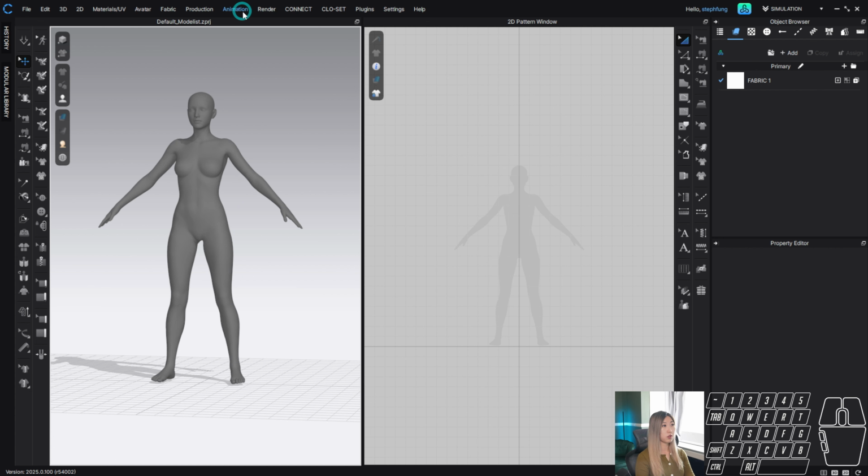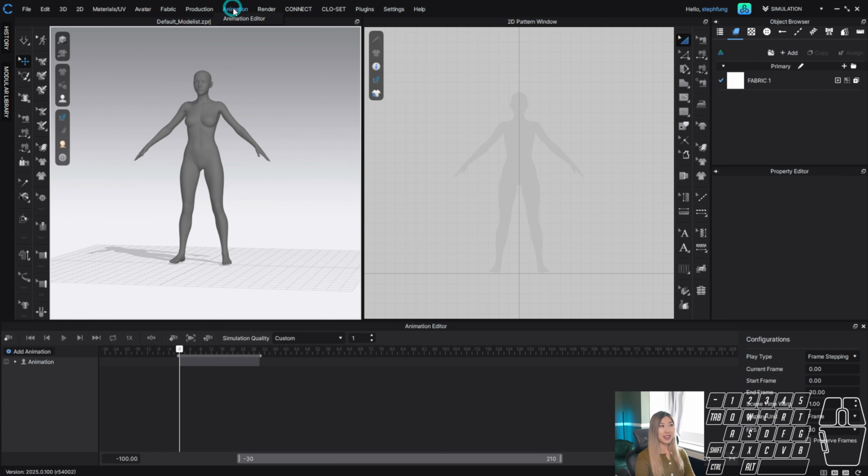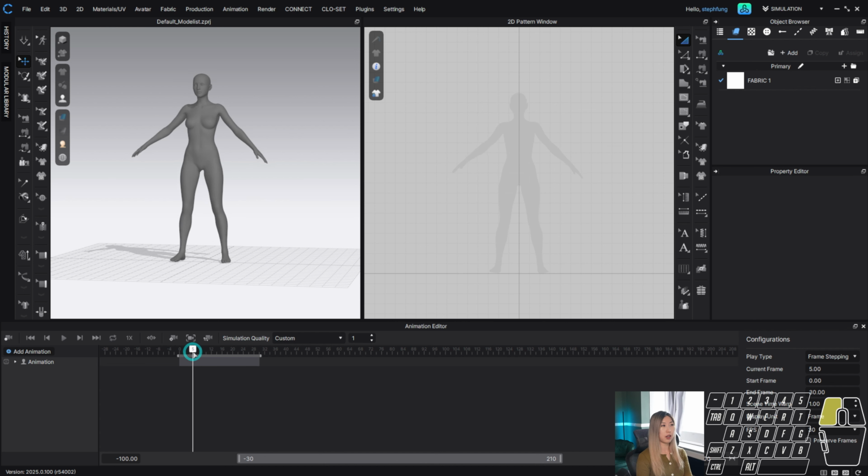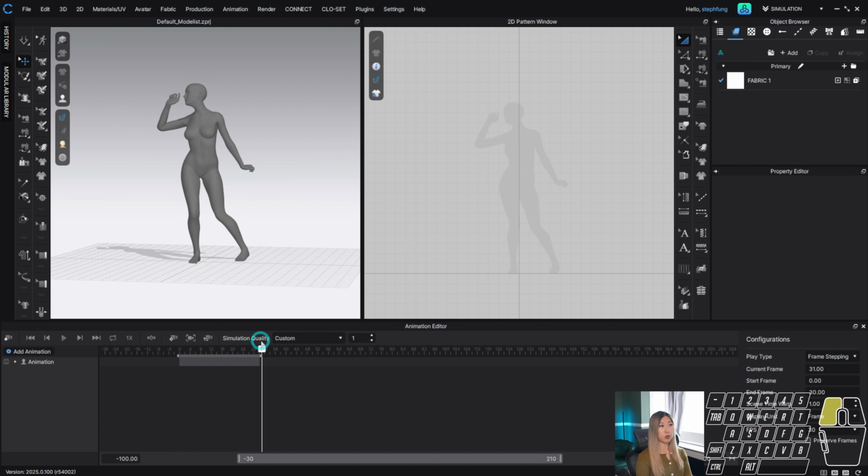So if we were to go to the animation editor, it's now up here. I'm in CLO 2025, and this is something that they changed recently. Animation used to be up here, not anymore, which is so annoying because I have to relearn where everything is, but it's fine. Animation editor here, if we scrub, you can see our animation has perfectly matched everything, and that's because we have imported the FBX. So I believe you're able to work with DAE, FBX, Alembic to get this animation data included in your avatar. So this is how I would typically work,